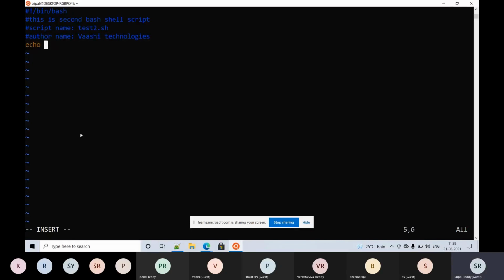And now we start with our code, the commands, right? I wanted to greet the user who logged in and is executing, so I use this. I'll print the directory that they are working in.